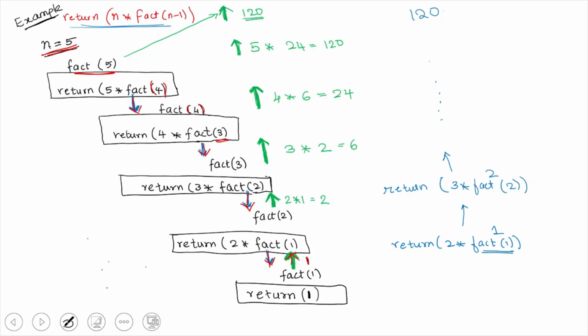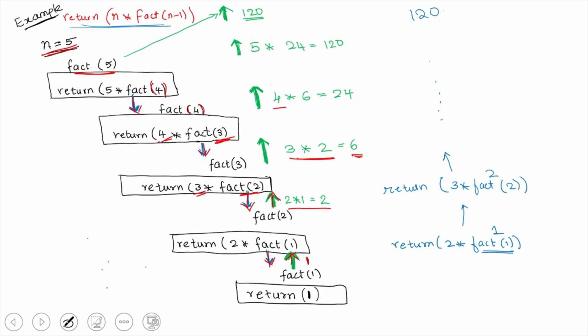So this will become 2 into 1. So 2 into 1 you will get 2. So factorial 2 will return the value 2. Then it will go to factorial of 3 where it will be 3 into factorial of 2 which is 2. So you get 3 into 2, it is going to return the value 6. It will go up. So 4 into factorial of 3, factorial of 3 is 6.